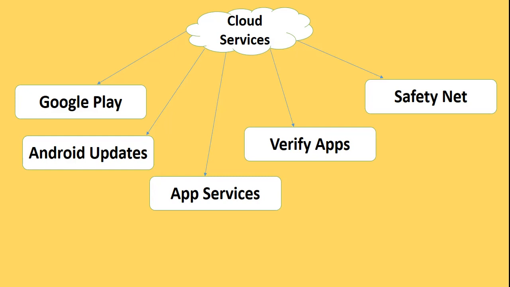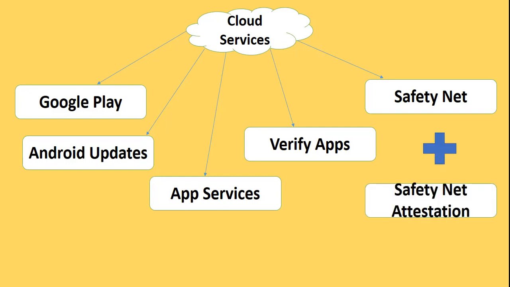Okay. So now going back to the services, Safety Net is basically a privacy preserving, well, some people call it an intrusion detection system, to assist Google in tracking and mitigating known security threats, and also to identify other types of abnormal activity within the Android ecosystem. And part of that is the Safety Net attestation service. It basically allows third-party APIs to determine whether the device is CTS compatible and can also help identify the Android app communicating with the app server, right?